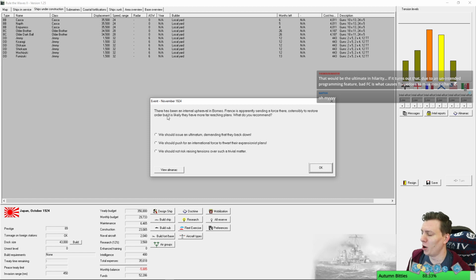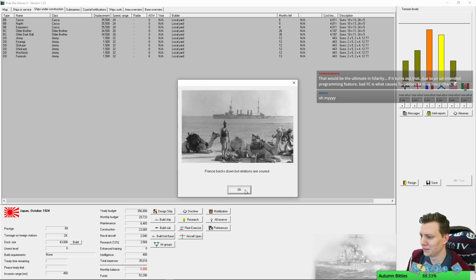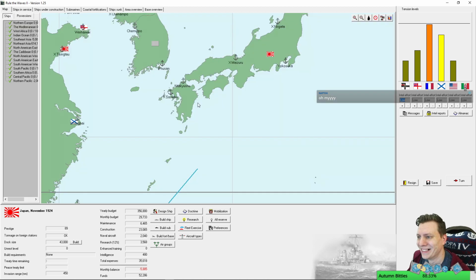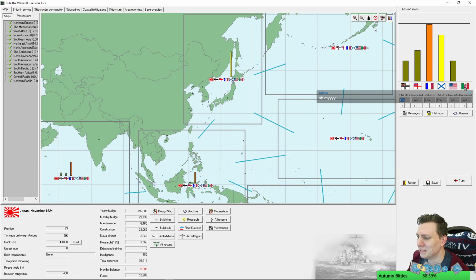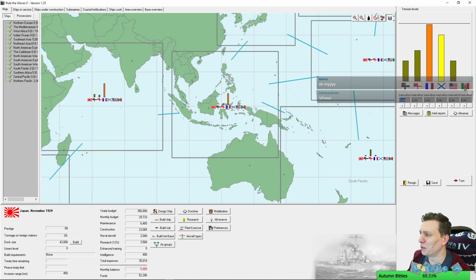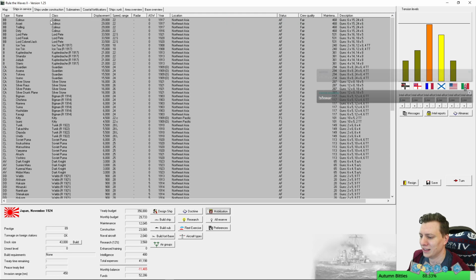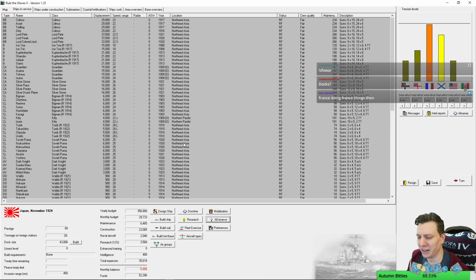Upheaval in Borneo. Oh, we're going to war! France backs down. Oh, we're not going... Oh, you're total cowards! They backed down! Let's preemptively send a fleet to South... We're going to war soon for certain. Oh, that's expensive. Reserve the fleet. Let's send...